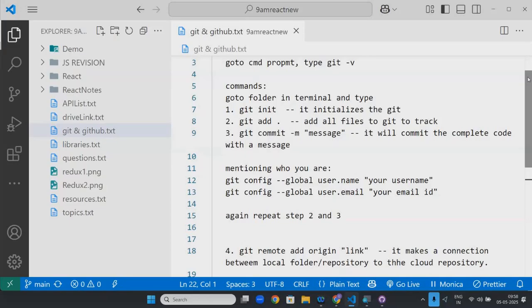After adding the files, now after your code is over, you want to save all your files. Save all your code, save all your data. How do you save all your data in Git? Git commit. What is the command? Git space commit space dash m message.